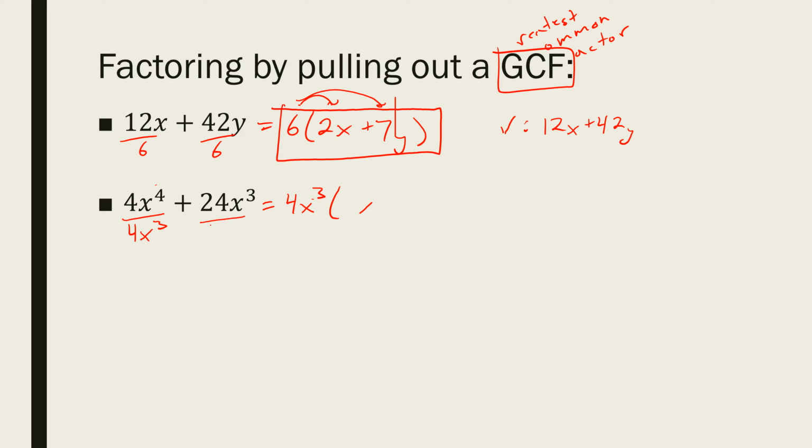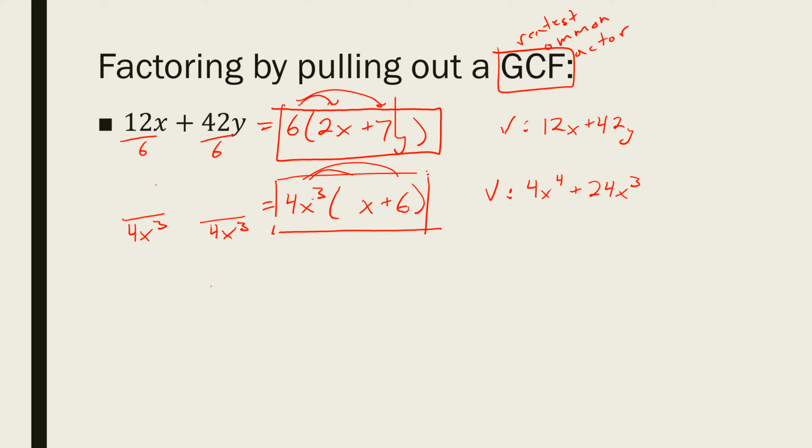When I pull out 4x cubed from this second term, I'm left with 6, and I'm actually left with no x's because I pulled out all 3 of them. So this is my final problem. Now, let's just check our work, distribute back in. When I do 4x cubed times x, that gives me 4x to the fourth. When I do 4x cubed times 6, that's 24x to the third. I'm good to go. All right, we'll go through the next 2 examples a little more quickly